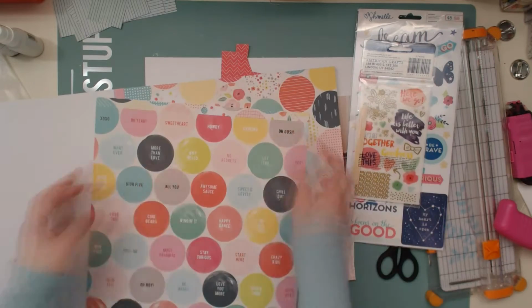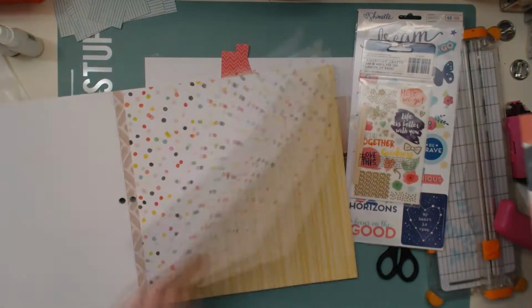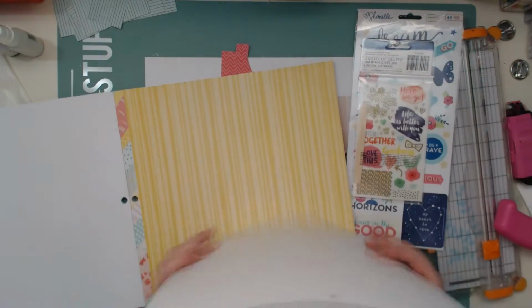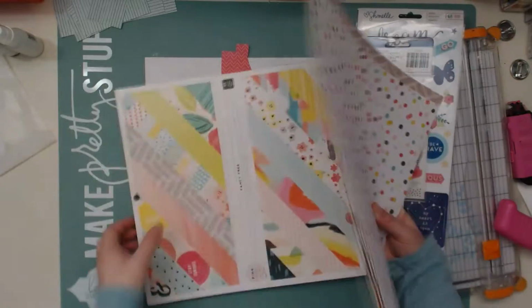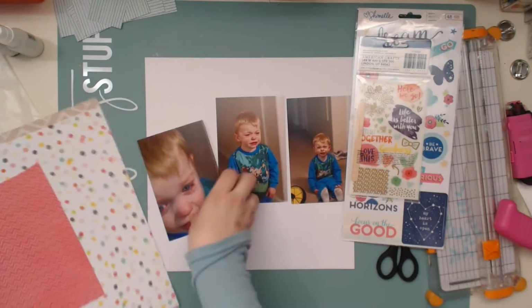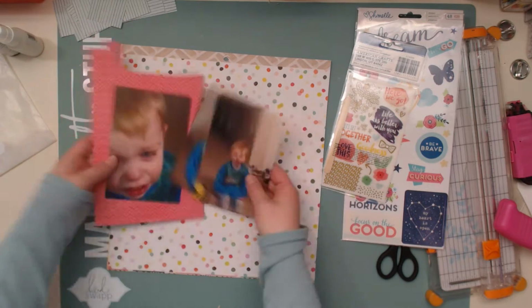So she is often inspired by her photos, so she challenged us to pick some photos and make a layout inspired by the photos. So here you can see I'm going through my Fancy Free collection or my paper pad, and the photos that I picked out for this